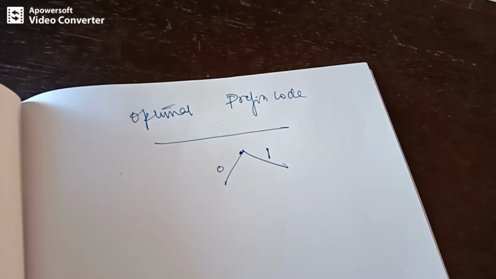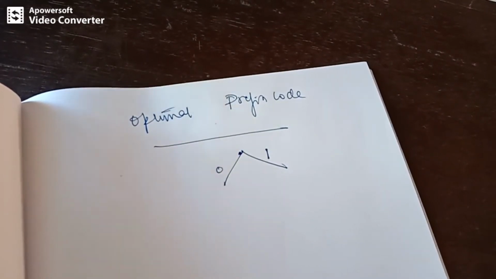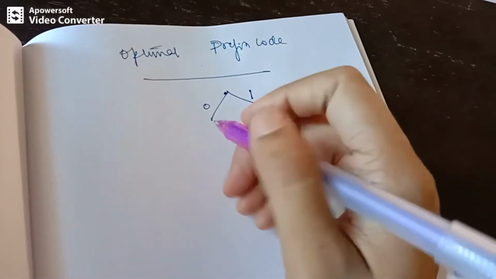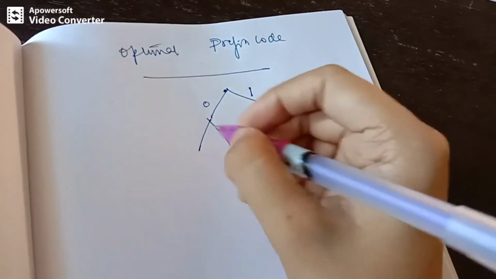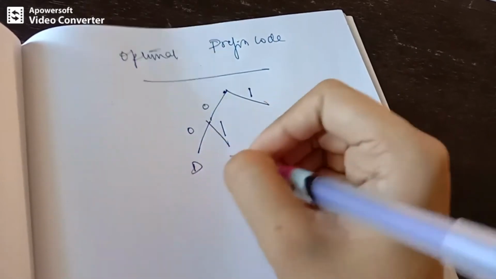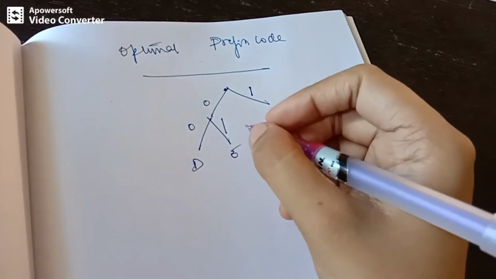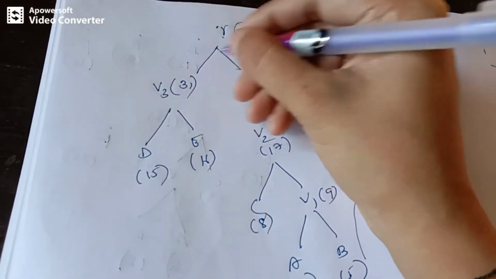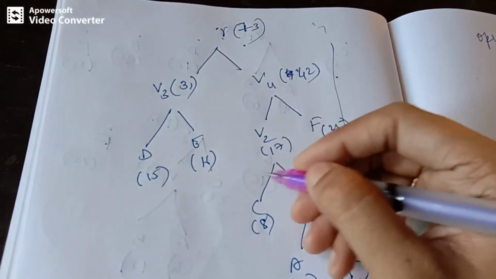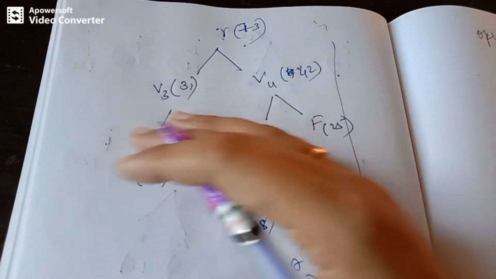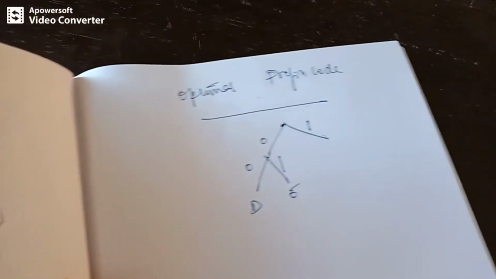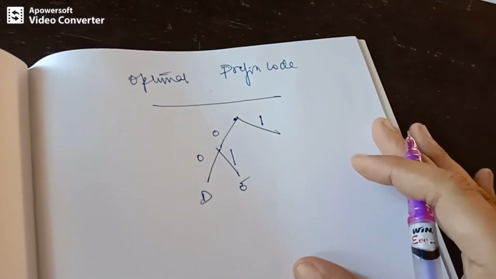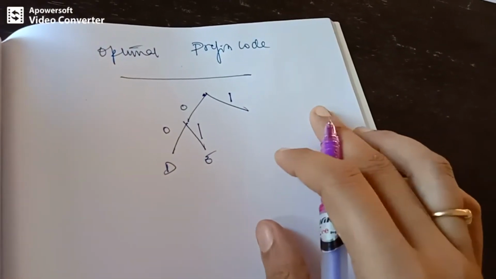But moreover, here we start labeling the edges. That is, the left branch we label as 0, and the right branch we label as 1. So this tree can be refined as an optimal prefix code just by labeling 0, 1, 0, 1, and we can give the prefix code in terms of a binary sequence, which can be used for coding and decoding. And this prefix code obtained is called the optimal prefix code.